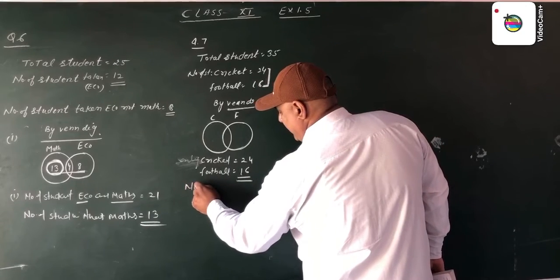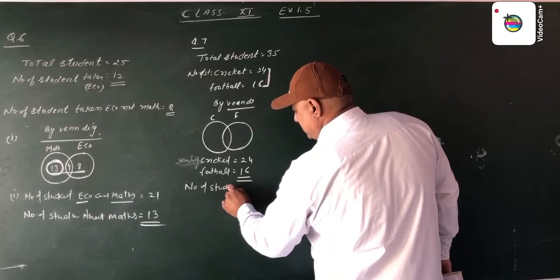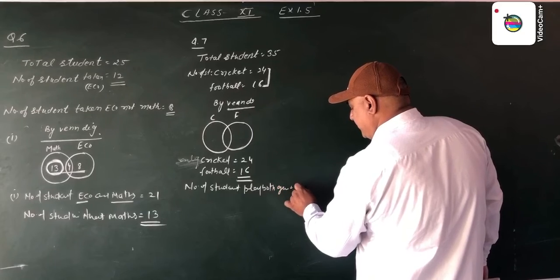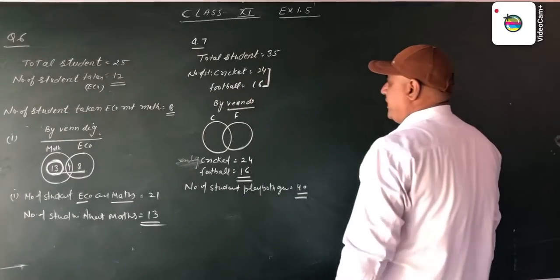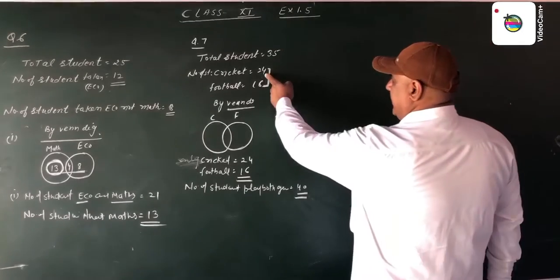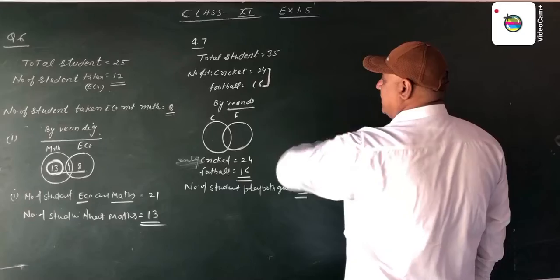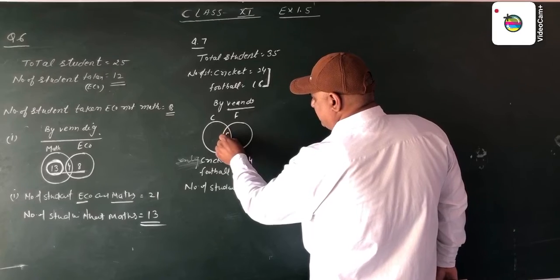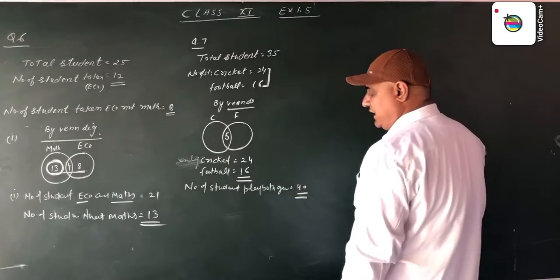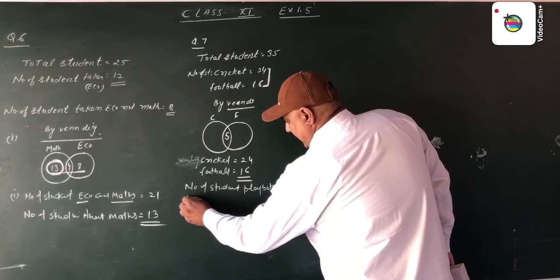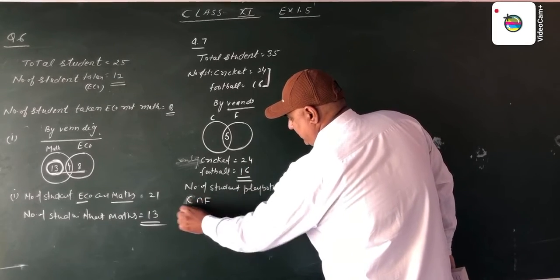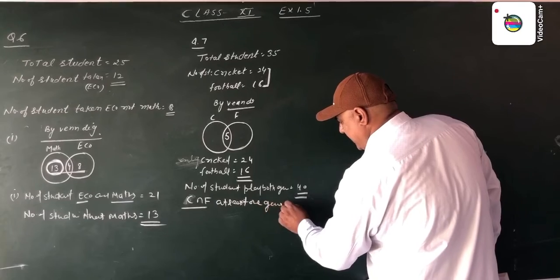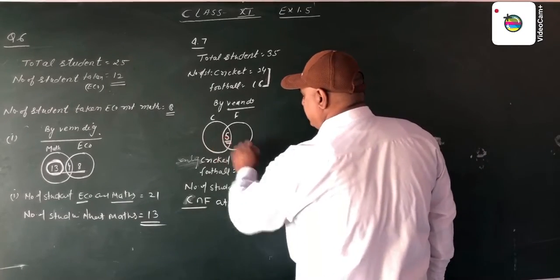So now it says there are 35 students, but these total 40 students. The number of students who play both games is 40. These are 40 students who play cricket and football, but the total student count given is 35. So these 5 students like both of these games. It means cricket intersection football, at least one game. Then the number of students is 5. These are the 5 students left.